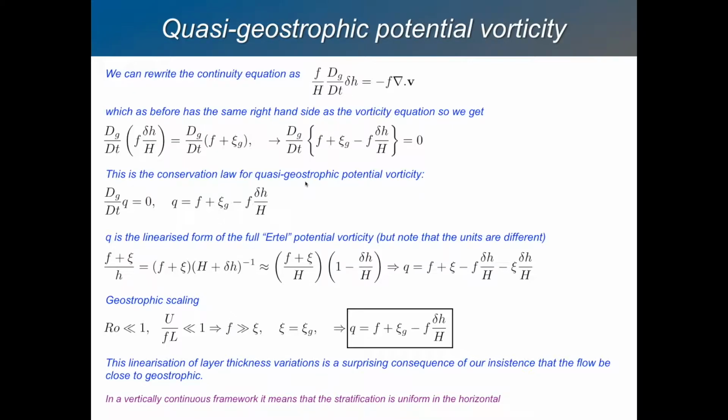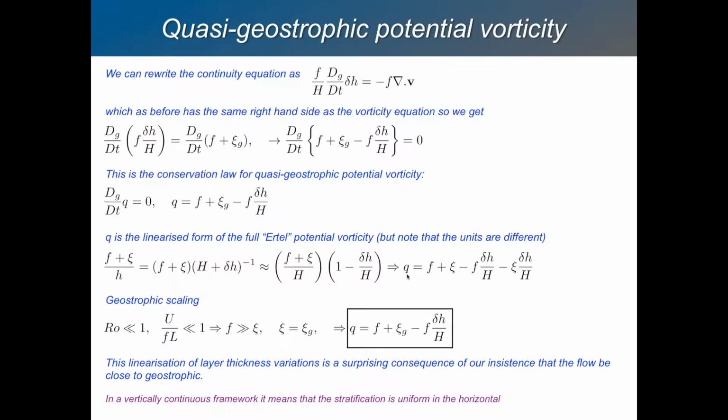Right? So instead of being f plus xi divided by h, it's f plus xi plus another term. So it doesn't even have the same units as the potential vorticity we considered last week, which was the Ertel potential vorticity. But you can relate the two. So here's the Ertel potential vorticity. If we make that assumption about the stratification, H plus delta h to the minus 1, okay? So if we say delta h is small, then that gives us this. And then you can get out this term